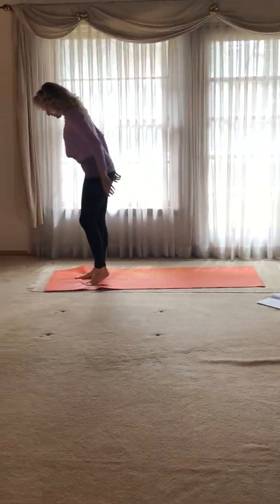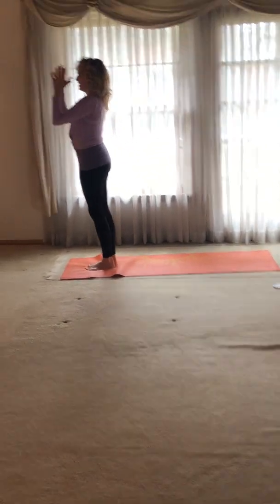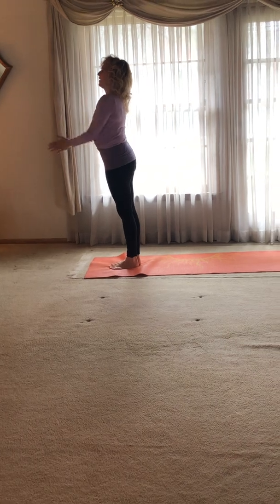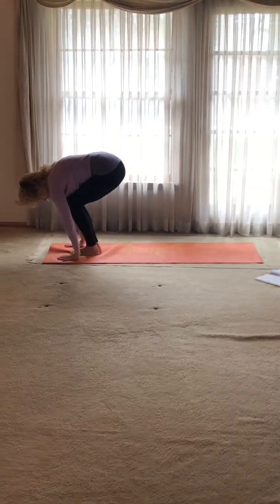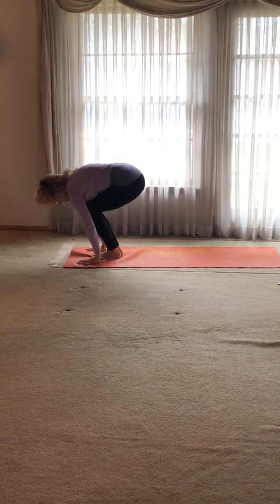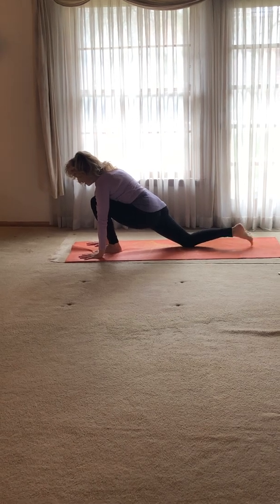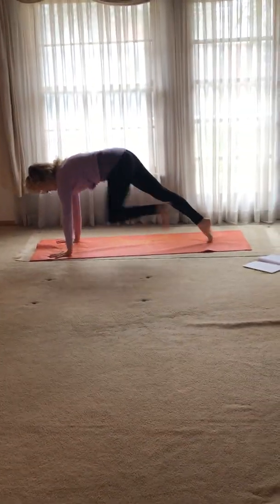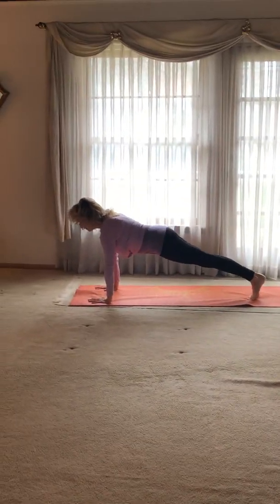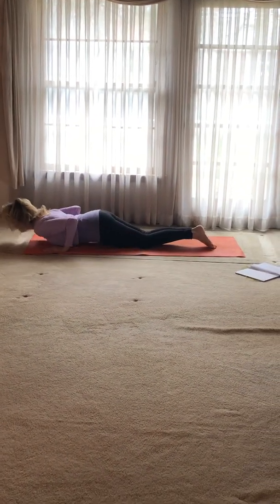So feet together, palms to the heart center. Open, back to the circle, clap, arms up, bend the knees, forward fold. Palms down, bend the knees, bring the right leg back, drop the knee down, and come up. Come down, tuck your right toes under, left goes back, plank, drop the knees down, bend the knees, coming up